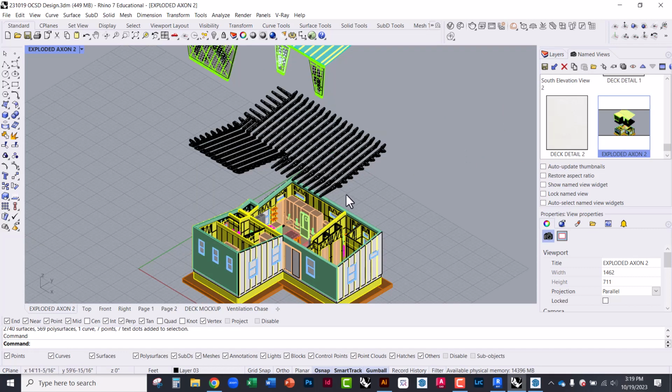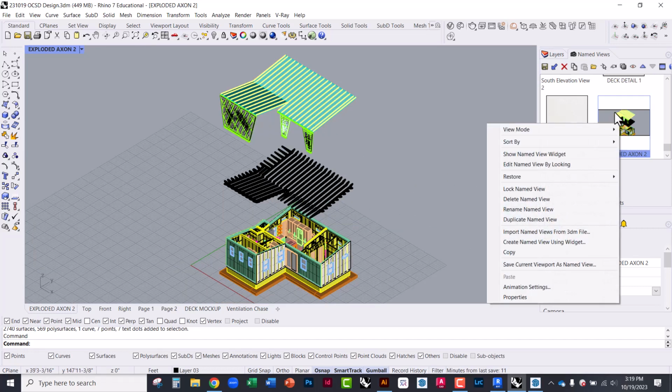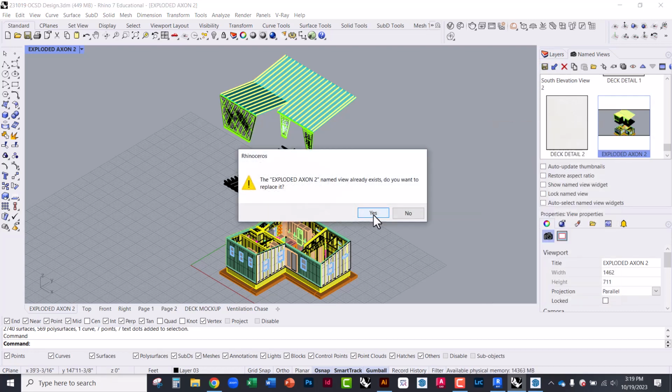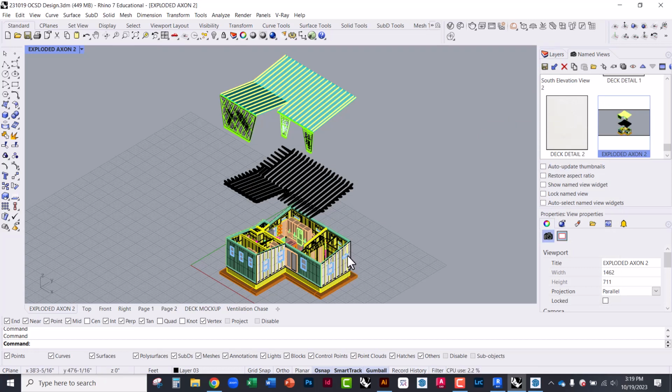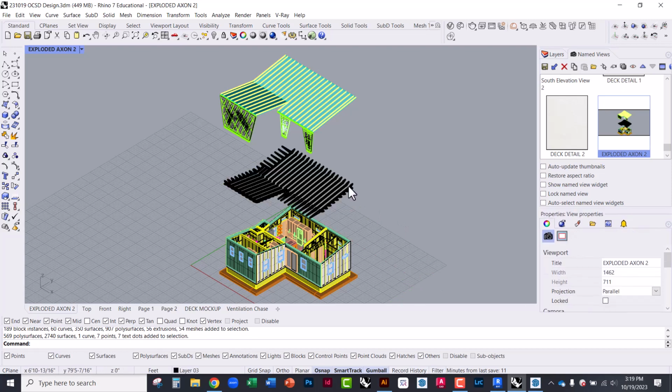I'm going to go back to the exploded axon view that I have. Maybe zoom out. Going to save this. It overwrites that. And when I'm happy with this, we're ready to export. So I can export this as a model. There's a number of things I could do. I could select everything and do a make 2D. So I'll show you that. I'll select all the geometry